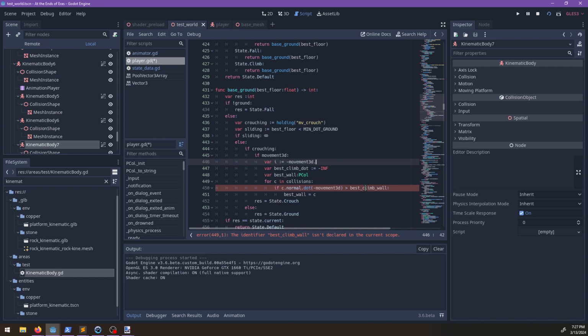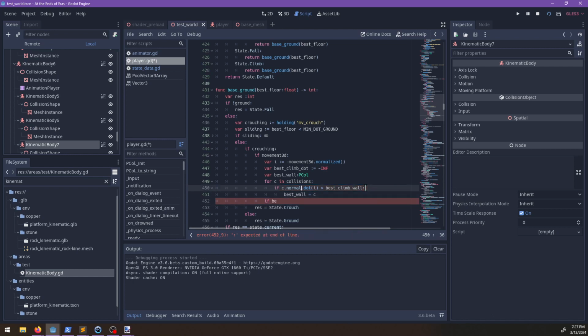Negative movement 3D dot normalized. So best wall equals C. And then what we can do is if best, oh wait, no. Best climb dot, then best climb dot equals